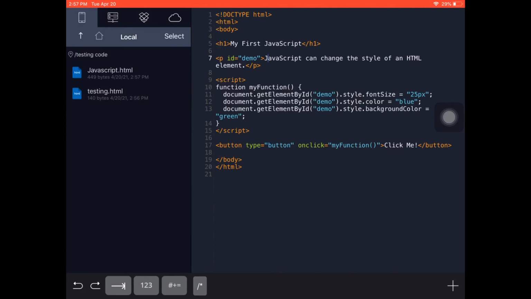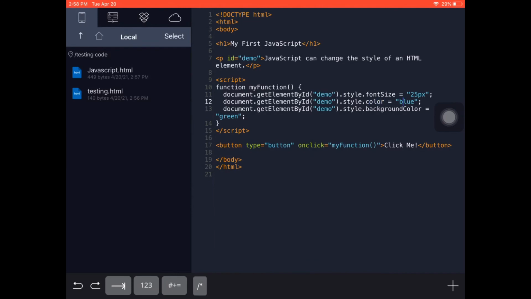So, and then you go down and you can see the arrows and then script. Function, my function, document.getElementById, and you can see that there's this thing called demo. That is the client telling what to do and when to do it. So as you can see, if you go to the very side, you can see font size 25. Then go down, the next line says